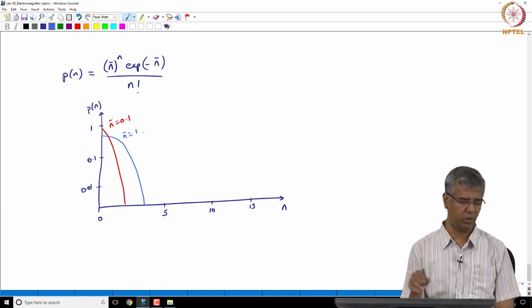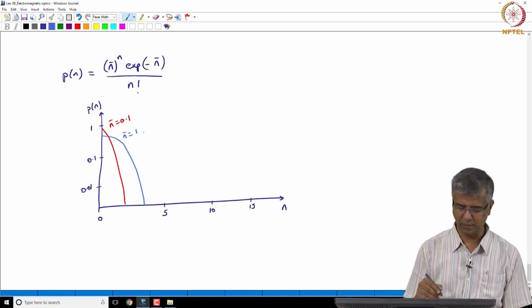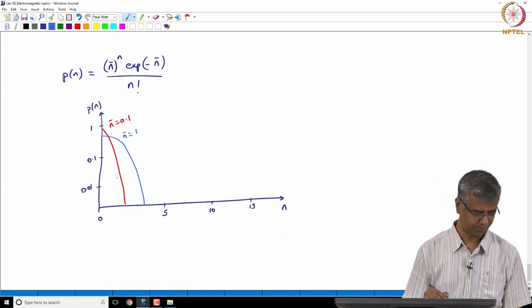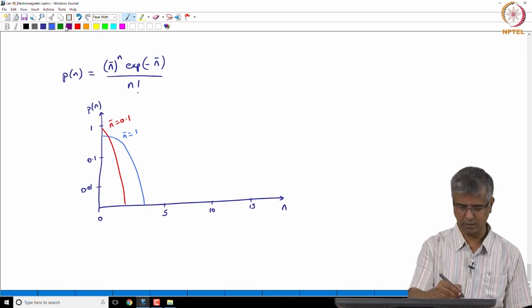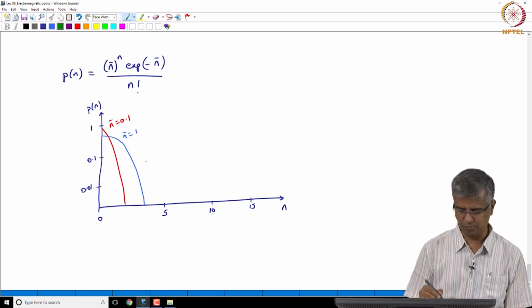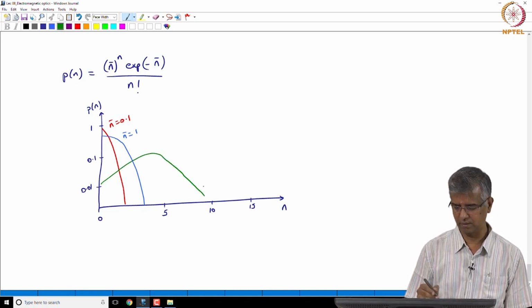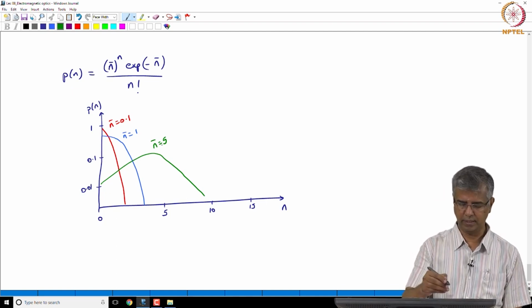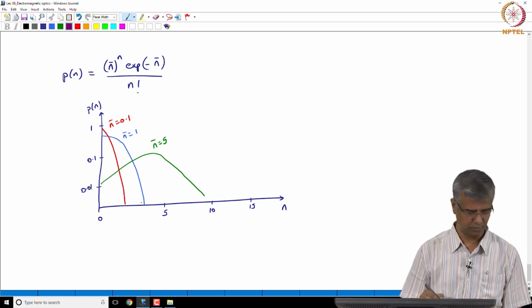I am just giving you a general perspective, do not pay too much attention to the specific numbers here. And if I go to n bar of 5, it is going to look like that, and similarly if I go to n bar of 10,